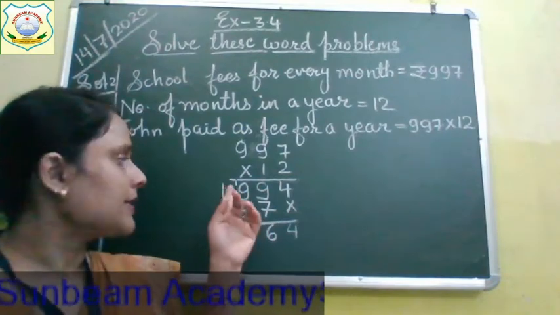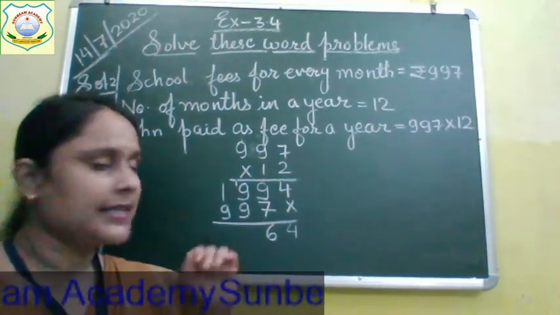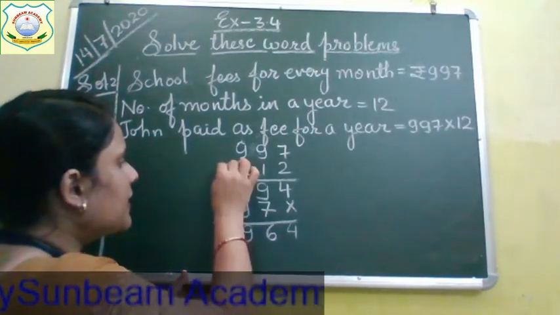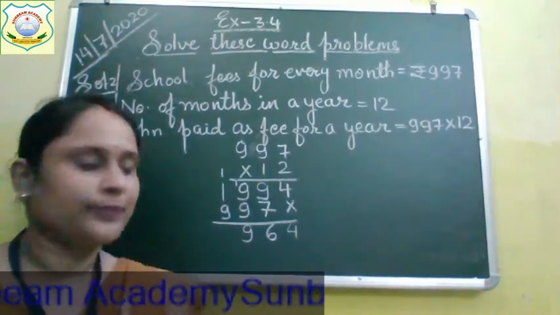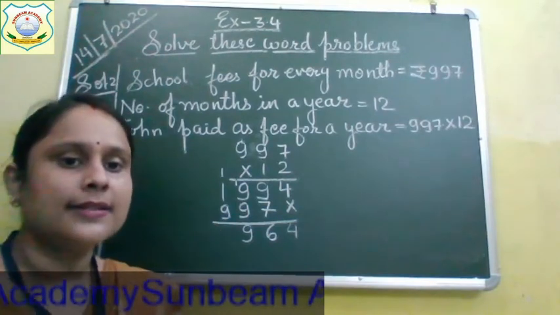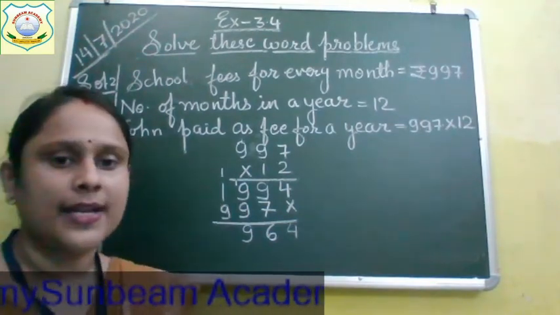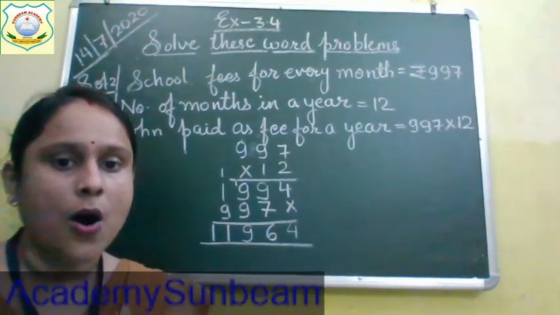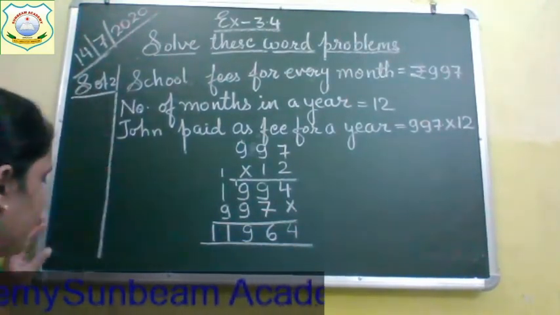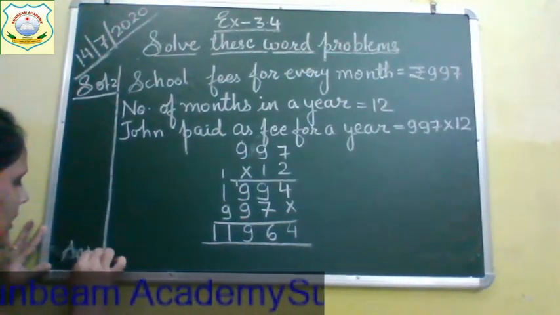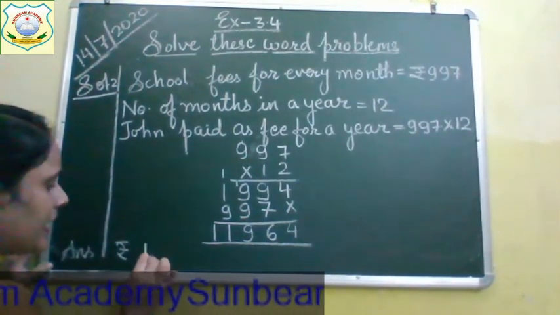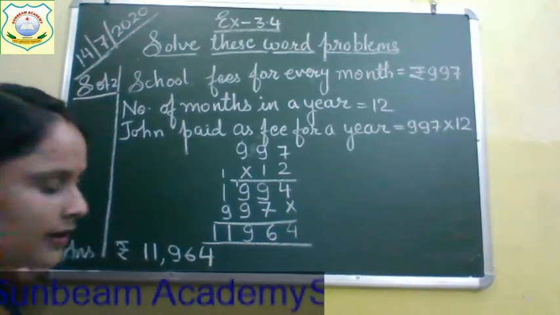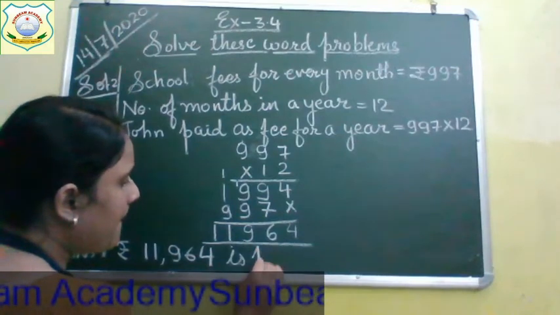9 plus 1 is 10 and plus 9 is 19. So we will write 9 here and 1 goes for carry. Now add 9 plus 1 is 10 and 10 plus 1 is 11. So we will write 11 over here. Okay. And now what is the answer? So we will write over here answer: rupees 11,964 is paid